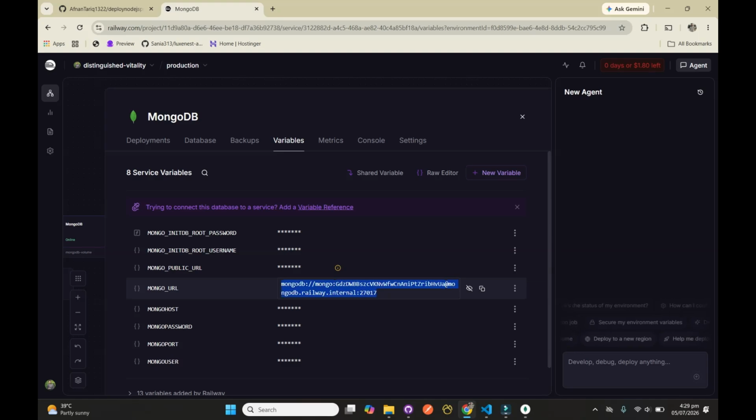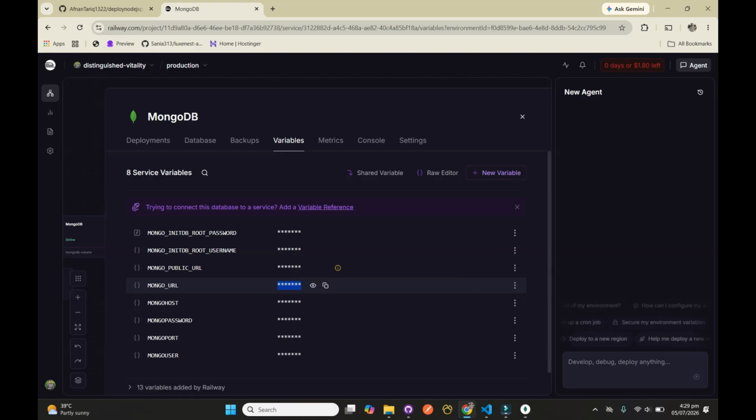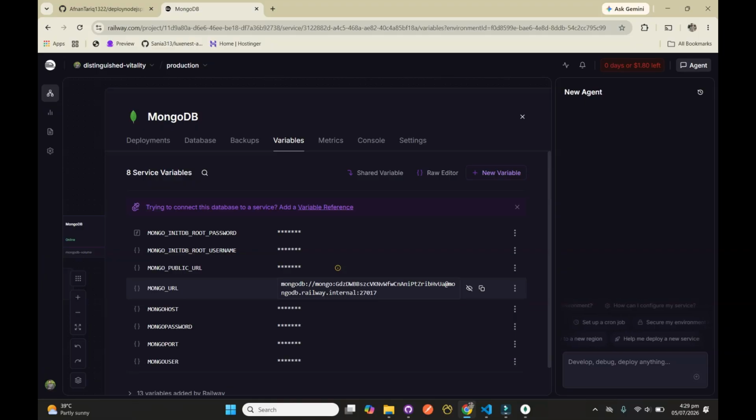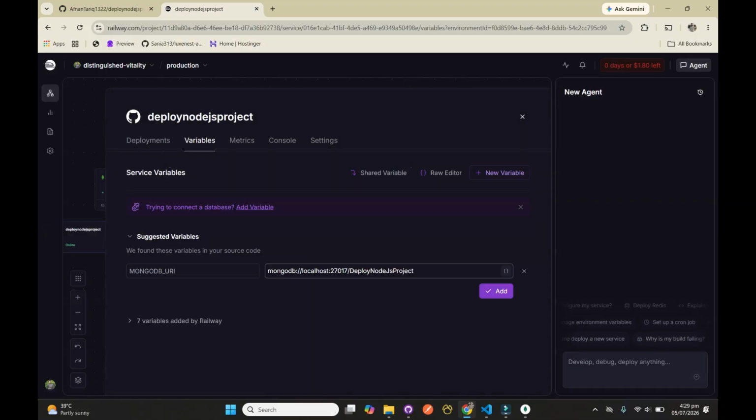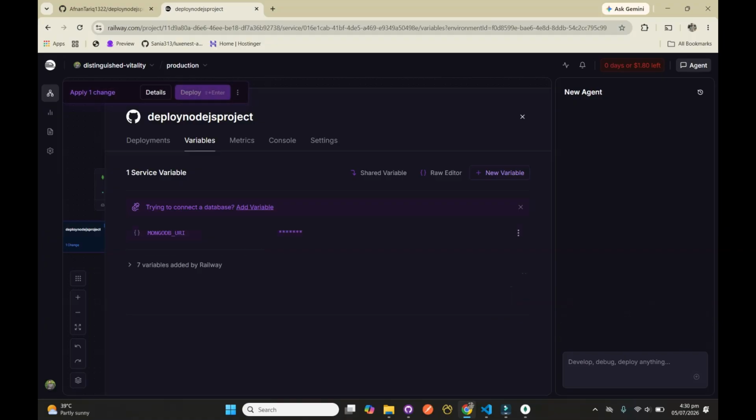So what we need is this MongoDB URL. I just simply copy this URL, and close this, and come to your project and go to variables, and in the variables we have to paste this copied URI link here, and simply click on Add. After you click on add, you just need to deploy it again. So I just deploy it,